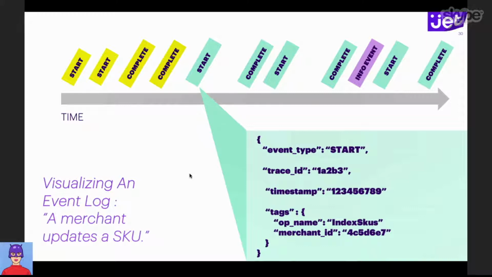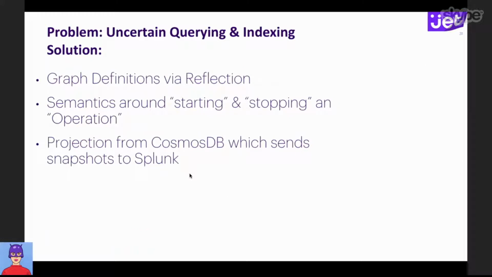So another problem we faced when we tried to solve real business issues for developers was our querying was not performant enough. So we sort of partitioned by trace ID, which made a lot of sense. But when it came to querying for merchants, which might be across many traces, and again, we're subject to time drift here. So getting a good sense of when these events are coming in within a given window can be difficult. So we weren't really sure how to solve these complex queries, right? Like joining by merchant ID. So what we ended up doing was